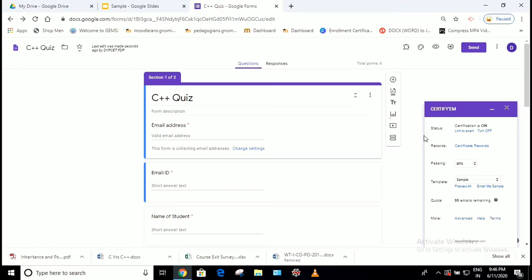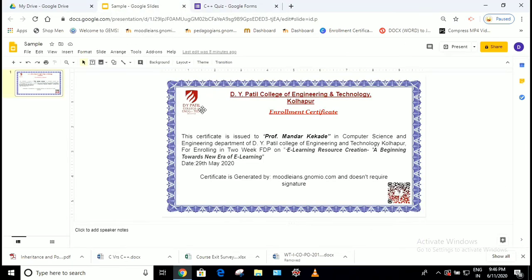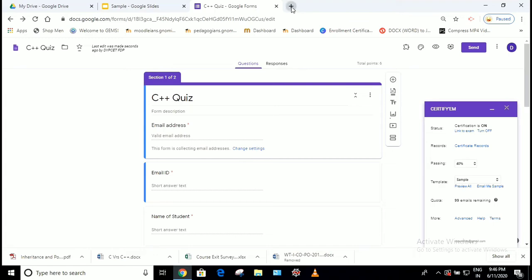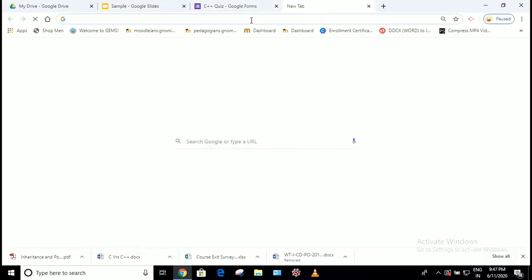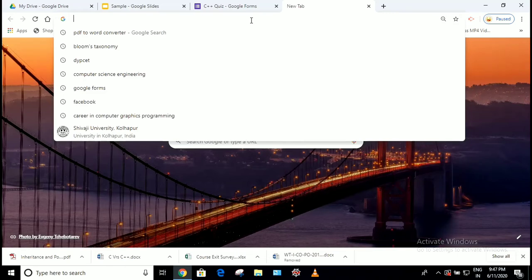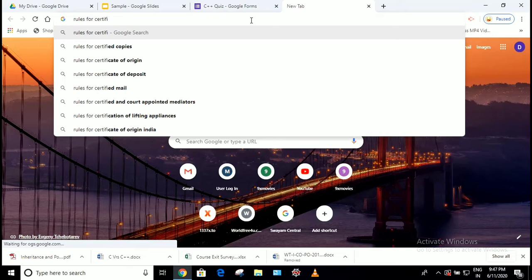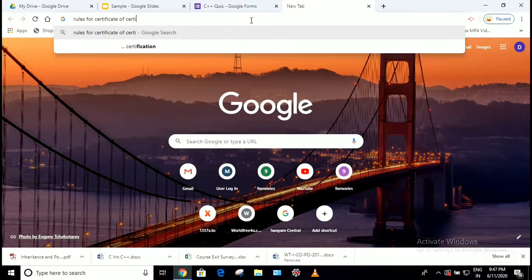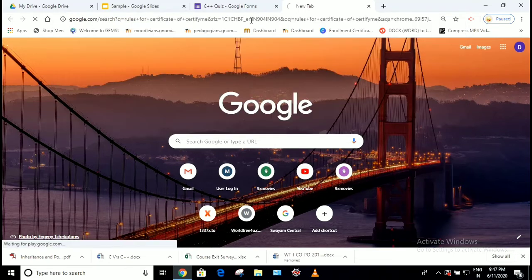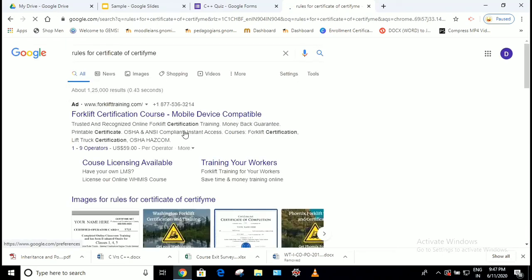Okay, now how to create the certificate format in Google Slides. For creating this certificate format, you have to follow certain rules given by Certify EM. So how to find the rules? Just search on Google for rules for certificate of Certify Me. If you click on this,